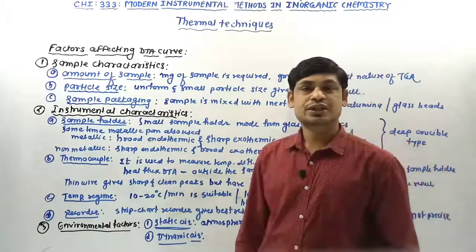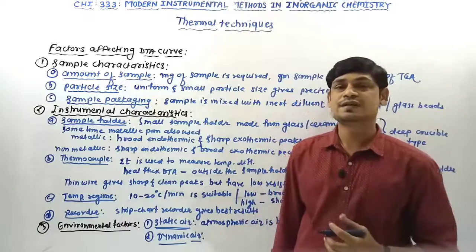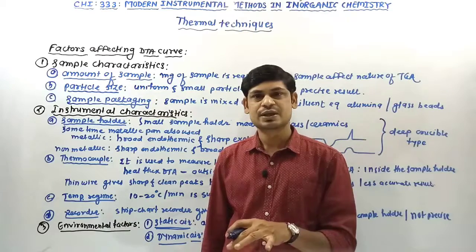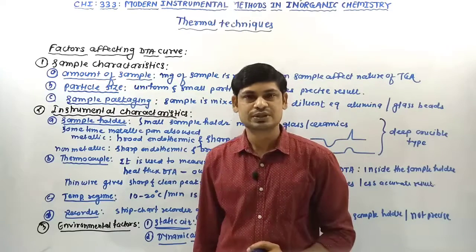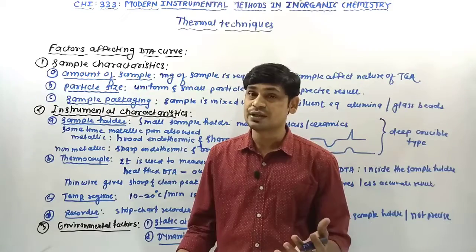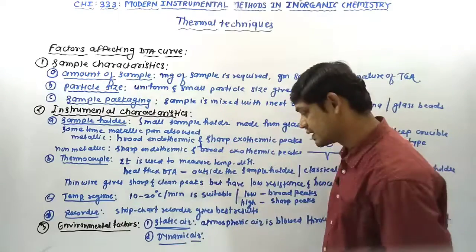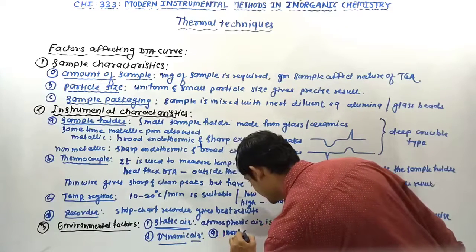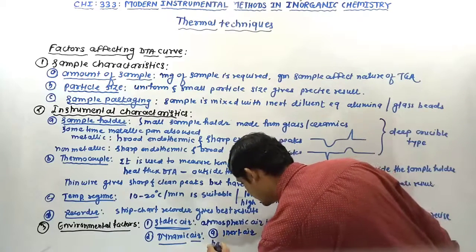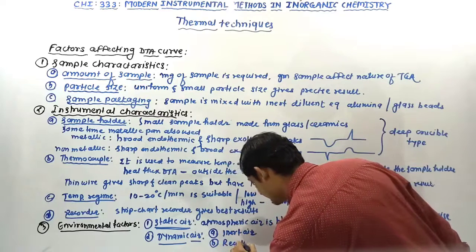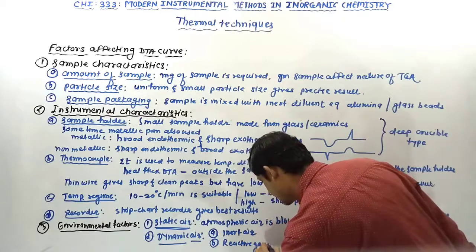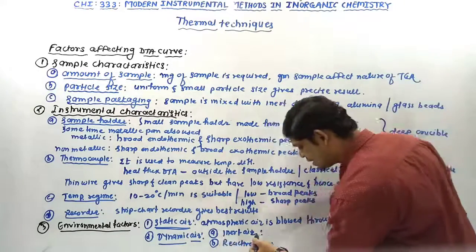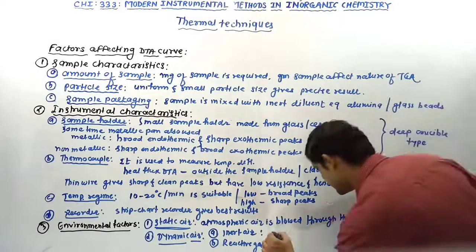Dynamic air means what? The compressed air is blown through the sample holder. Compressed air is already with us, and we just have to blow the air through the sample holder. We can compress the inert gas and reactive gases, so two possibilities are there. We can compress the inert air, or it may be the reactive gases. Obviously, if the dynamic air is inert air, it will give the best result,